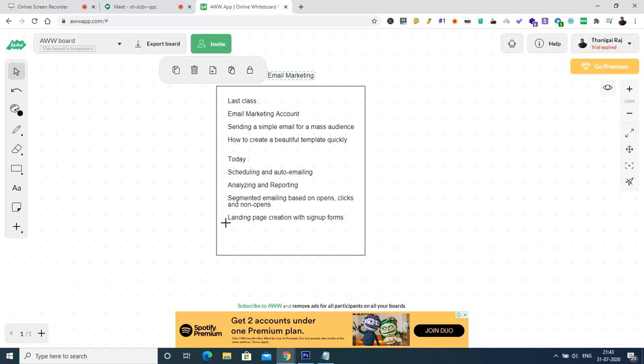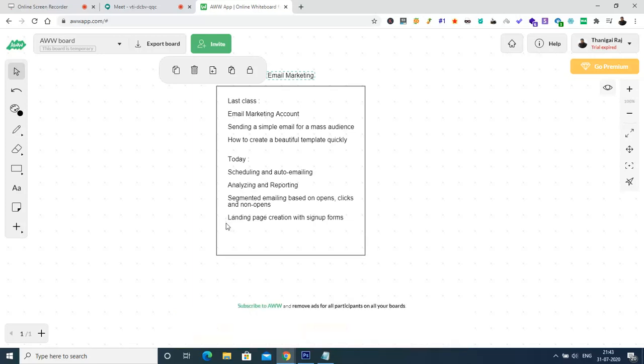Okay, so this sign up form, when someone reaches our landing page, we'll be offering them to provide us a name, phone number, email ID, and if we require some more data, for example country, city, or comments, something like that. We will be embedding this form in the landing page, and from this form we will be collecting the contact details of the audience who are visiting the landing page.